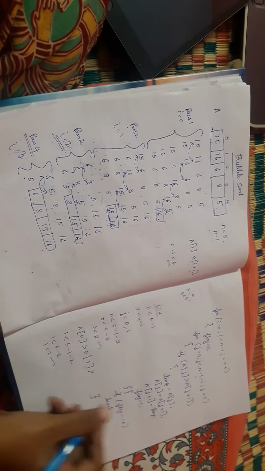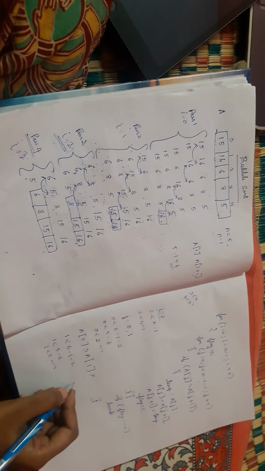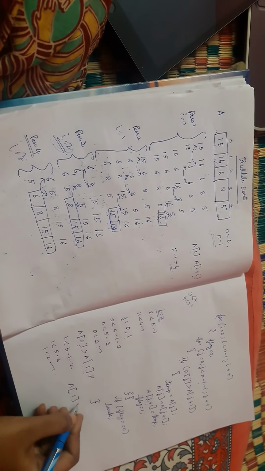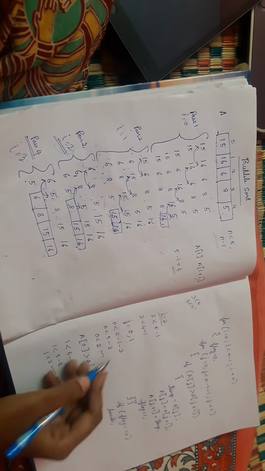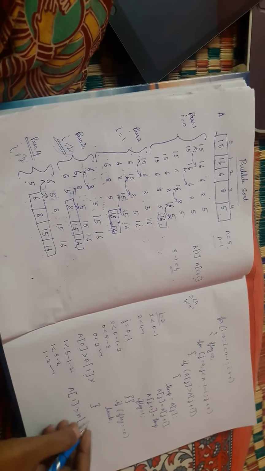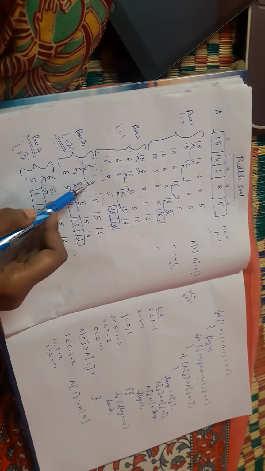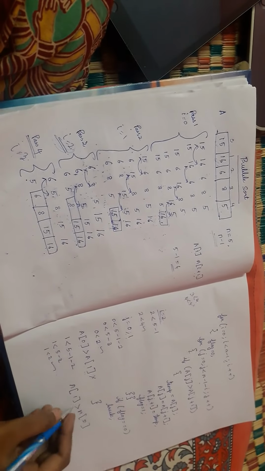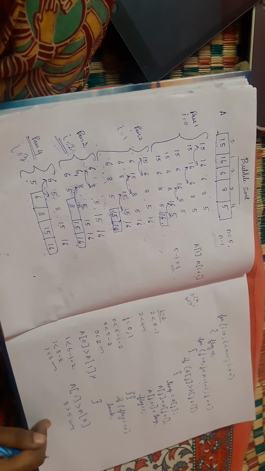So what I am going to do? I am going to enter inside this loop. Now I will write if a of j is greater than a of j plus 1. J value is 1, so the updated value of j plus 1 is 1 plus 1, which is 2. So now I am going to compare 8 and 5. Is this condition true? 8 greater than 5? Yes, this condition is true.